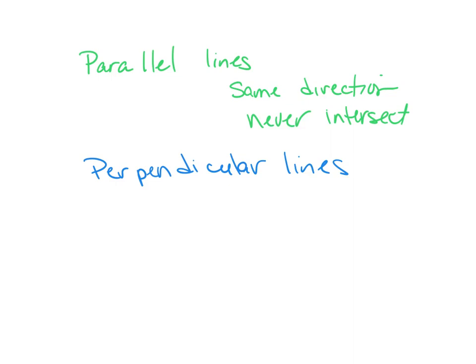What are perpendicular lines? 2 lines that intersect at what? 90 degrees. A right angle, a 90-degree angle, yes. And when you're talking about that line in the corner of the room with the floor line, that should be a 90-degree angle unless the contractor didn't make it that way, okay? My son's in construction. He has to check to make sure that's a 90-degree angle so that the building doesn't fall down, okay? So lines that intersect